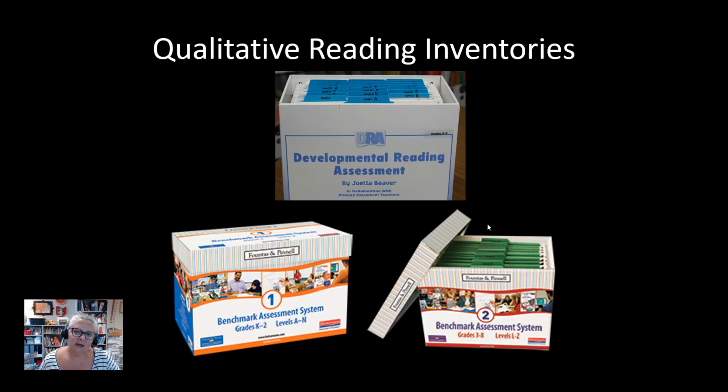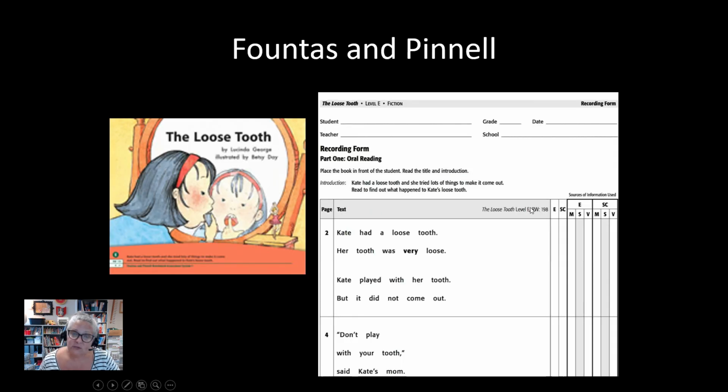So teachers can use running records. There's a couple of products they could use. This is a system called a qualitative reading inventory. So there's different kinds of qualitative reading inventories. There's the developmental reading assessment, the DRA. There's a benchmark assessment by Pinnell and Fountas you'll hear teachers talk about. What a qualitative reading inventory is, is just a kind of a packet of books that are in gradations of difficulty. So in that little box, you'd have a level A text, a level B text, a level C text. And these little texts are nice because then you can quickly find the level that you want to give